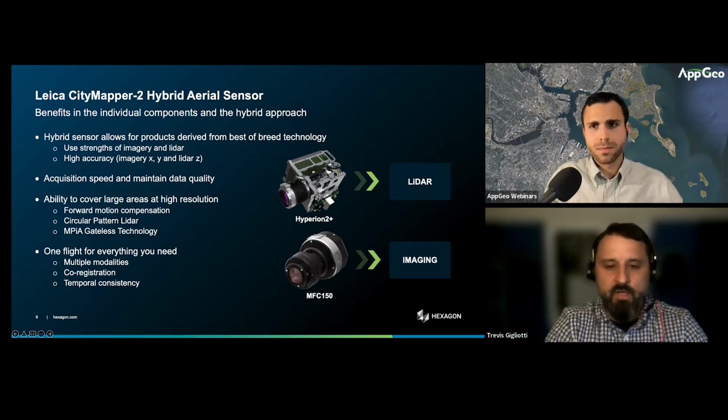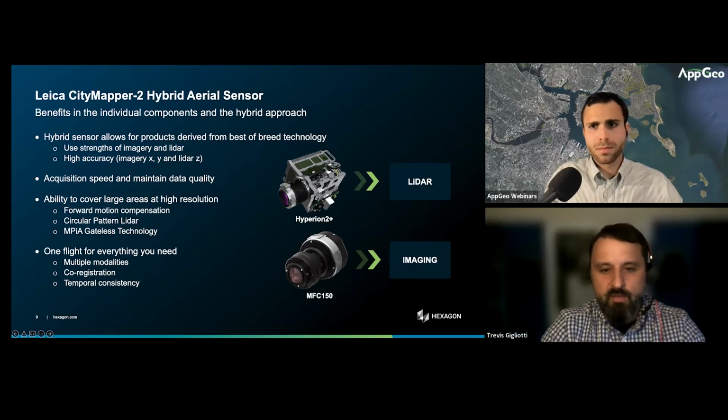This isn't an imaging system with a LiDAR system along for the ride, or vice versa. These are two very strongly operating sensor systems out in the real world. So what we're showing on this slide are the components of the CityMapper-2 sensor. At the top, we have our 2 megahertz Hyperion LiDAR. Down below, we have our 150 megapixel